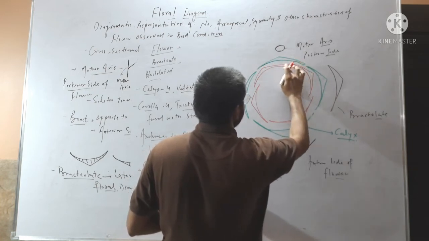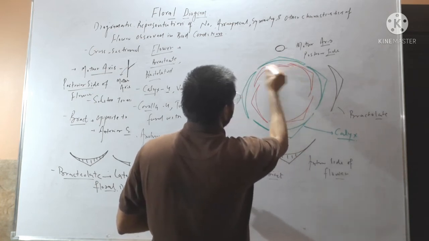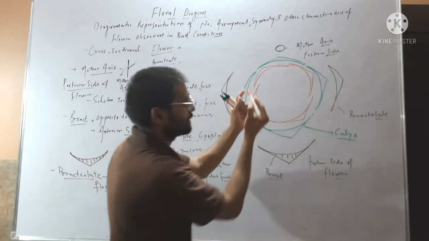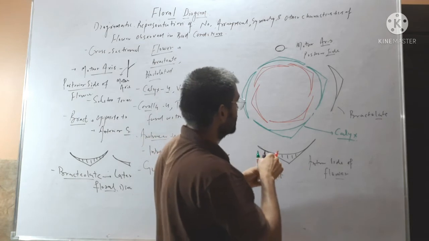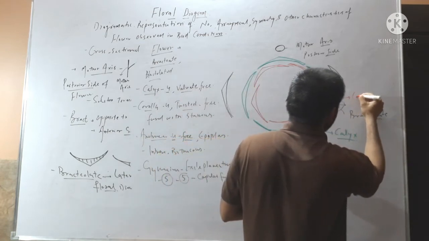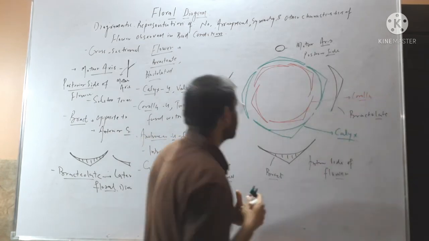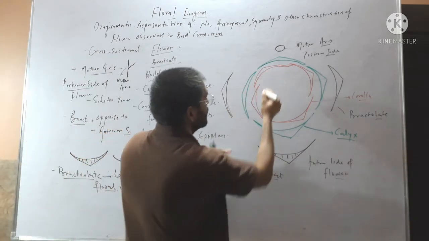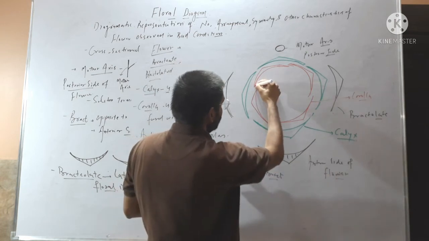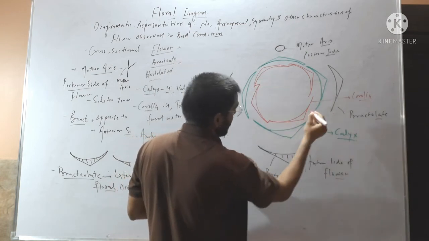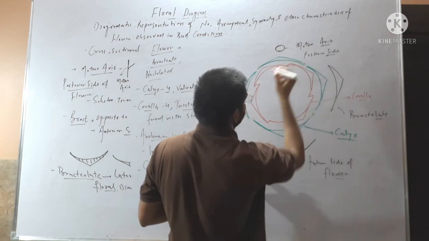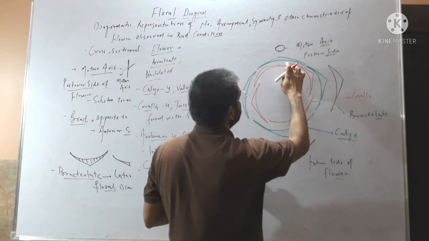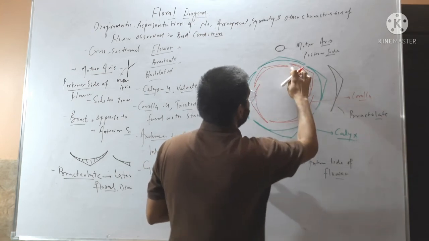So in this case, petals will be drawn like this. They are overlapping with each other. So estivation here is twisted. So it represents the corolla. In case they are fused, means petals are fused, then we will attach them with one another. But here in our flower they are free, so we will keep them free.